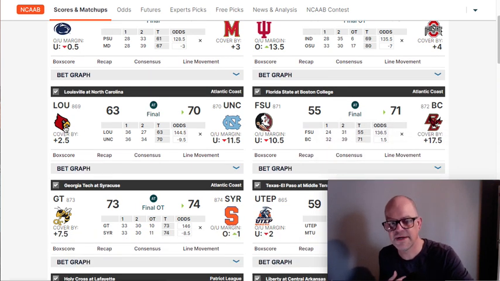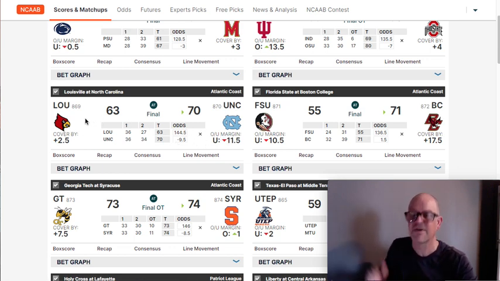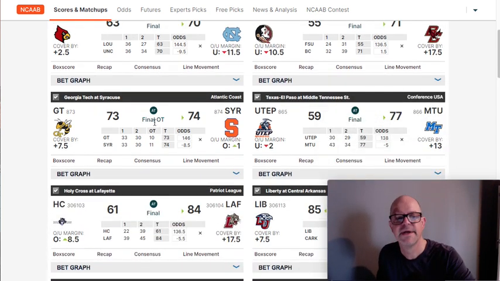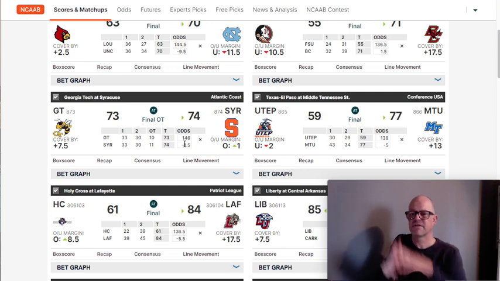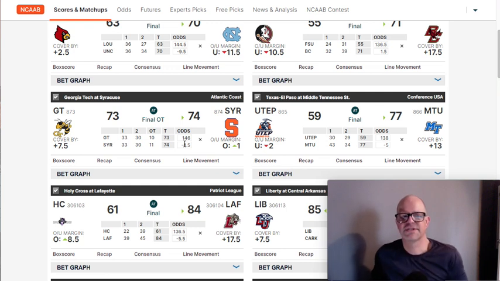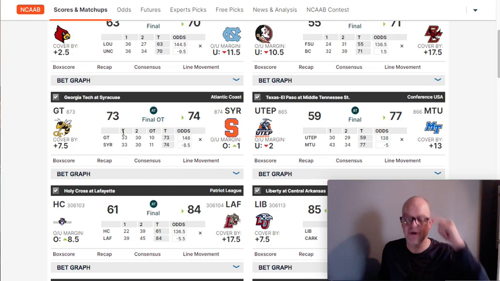Louisville, we had Louisville. I think this line was even via my power rankings. Again, North Carolina was -9.5, Louisville was +9.5. It's over that 7, close to the 11, the average margin, so we take the points there. Georgia Tech could have won this game, but again, you have to look at what you're getting point-wise, and that's why I've always talked about handicapping the full pie of this game. Even if we had Georgia Tech favored, now if the line was 3.5, we would have played Georgia Tech money line, right? But the fact that the books were giving us +8.5, we have to be smart, take the points in this scenario.